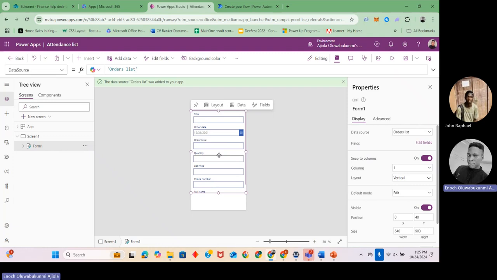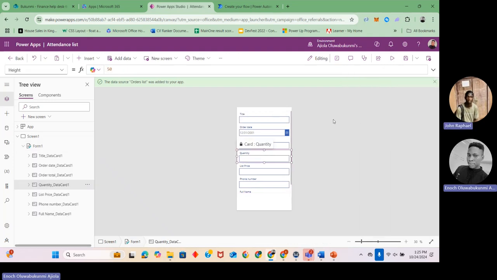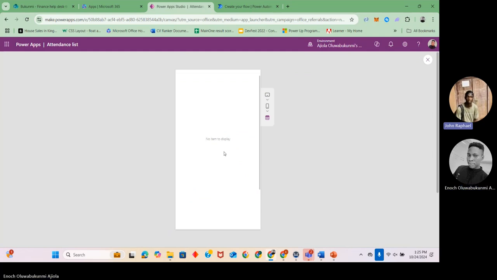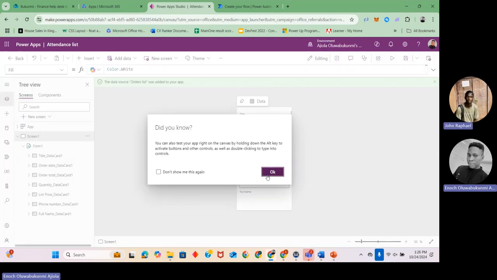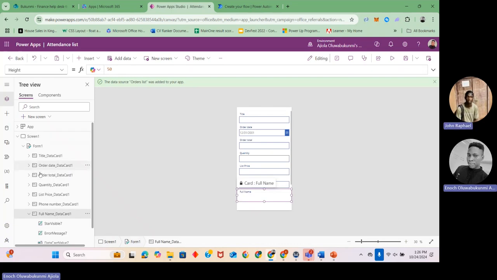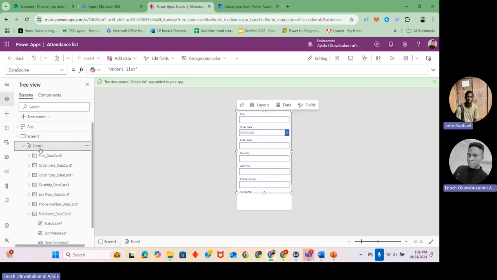To see what you have, by the time you close this and try to play it, you won't see any item. For you to be able to see items, you click on the form itself. To click on the form, you come to the left side of the app, the component part. Then you click on form. Once you click on form,